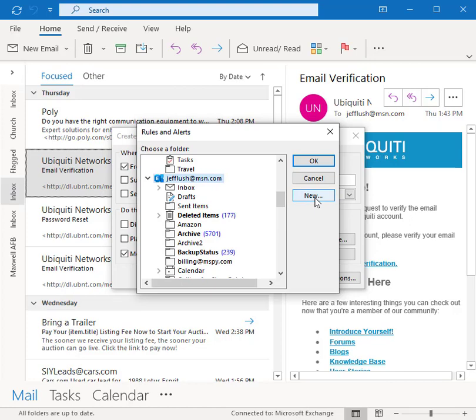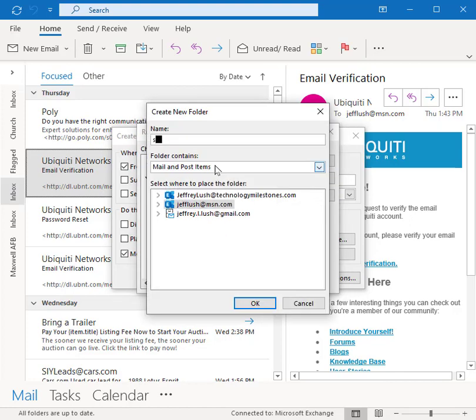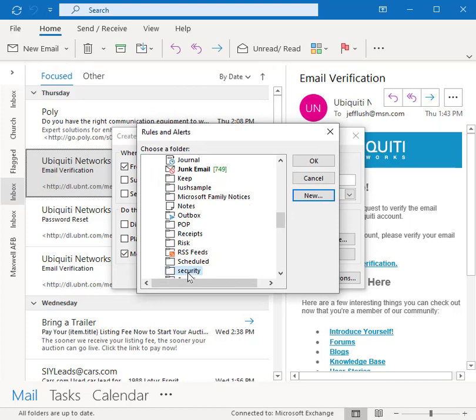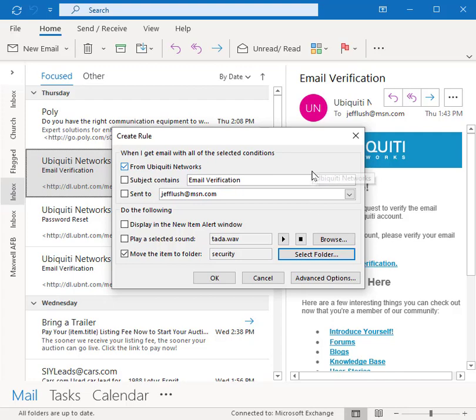So I'm going to click on my name there, and I'm just going to say security. I'm going to say okay, and it's going to create that folder. You see it there? I could have picked any one of these folders, but I'm just going to hit okay. Now, as I do this, it's going to ask if I want to run this action now. And what will happen is every time I receive one of these notices, it's going to automatically go into this